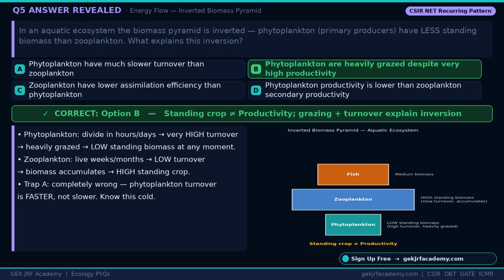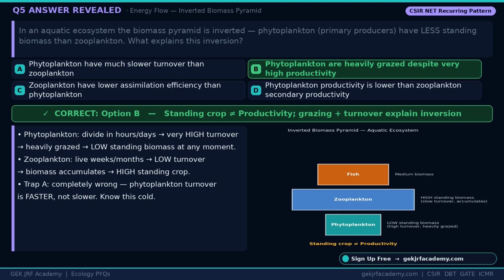Phytoplankton in aquatic ecosystems divide very rapidly, sometimes in a matter of hours or days. Their productivity is very high, but they are also consumed by zooplankton at a very high rate. The result is that very little phytoplankton biomass accumulates at any given time. Zooplankton, by contrast, live for weeks or months and are grazed more slowly. Their biomass accumulates, so at any snapshot in time, zooplankton standing crop exceeds phytoplankton standing crop, even though energy flows